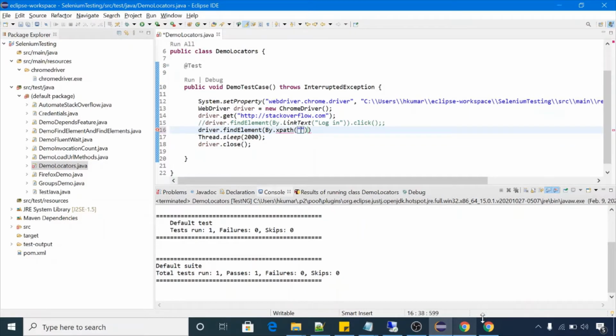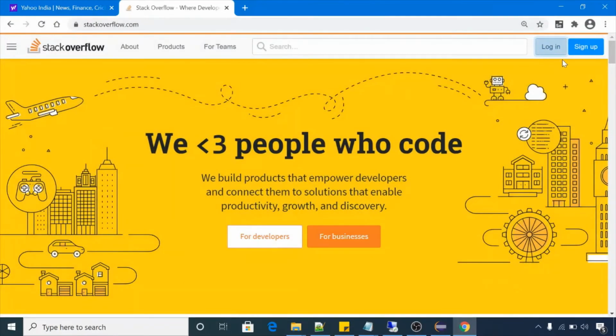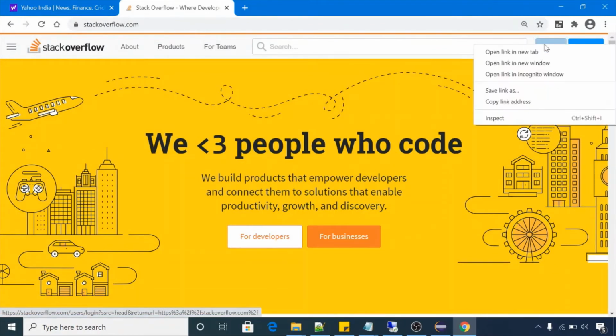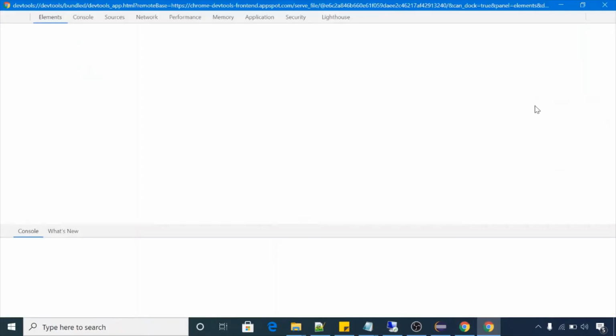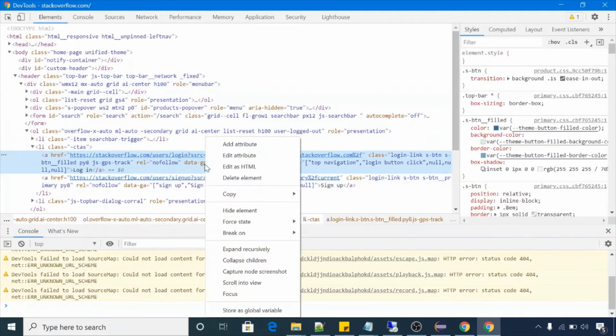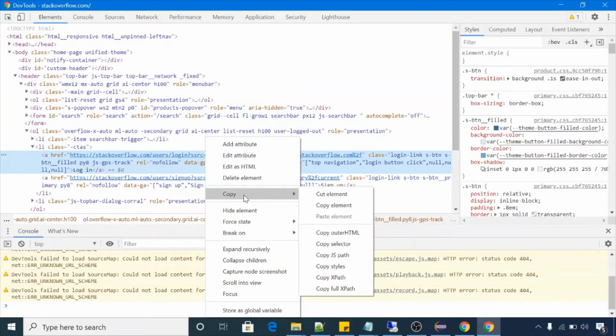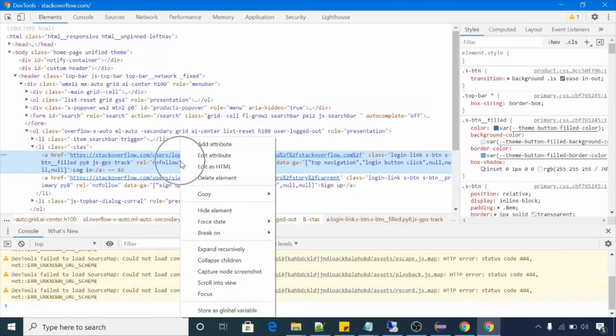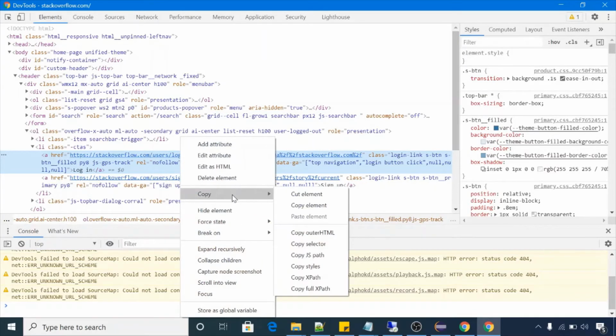Right click on this element, click on inspect. This is your element, and from here you can right click on this element and click on copy XPath. It will copy the XPath.